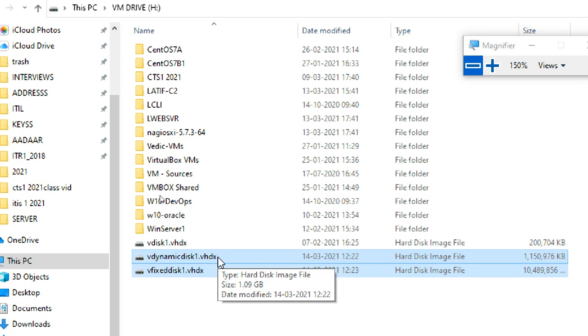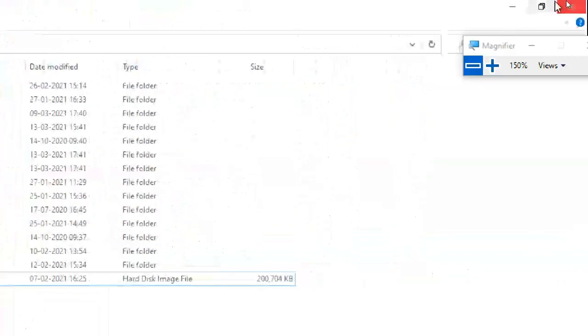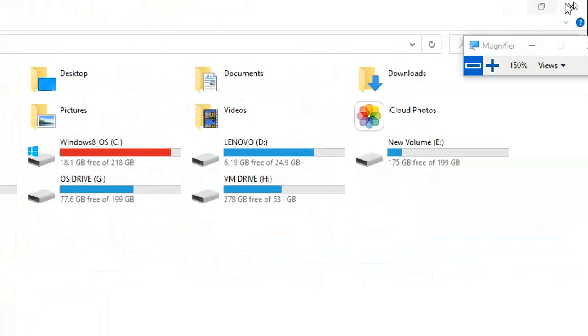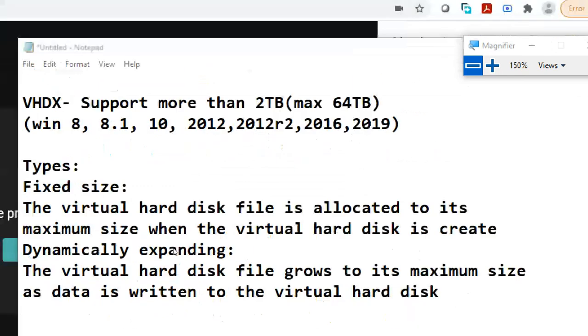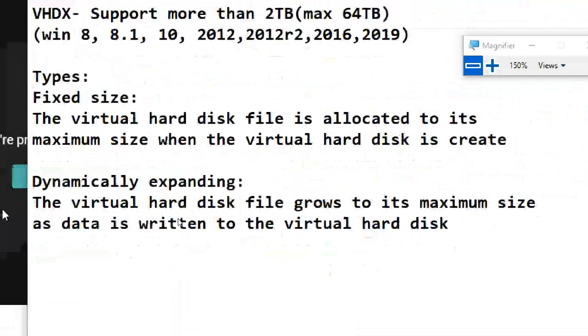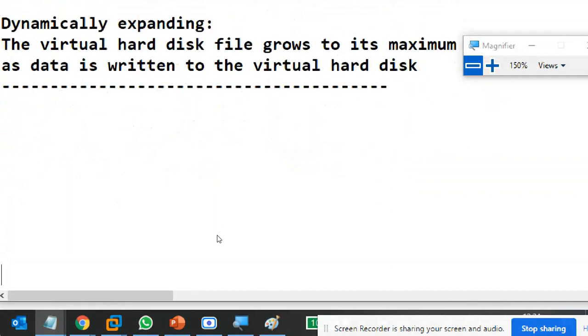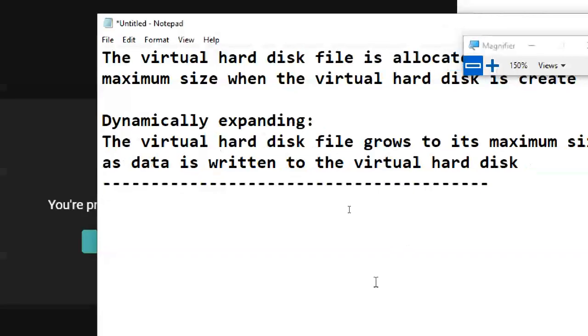I'm going to delete this one because it is taking almost 11 GB of space. I don't want to consume like that. Shift delete is better. So permanently I deleted that one. This part is completed, close it. Not required. So I got the space back. Good. Okay, I think you understand the difference between fixed size and dynamically expanding size. Now we'll see the disk things in Hyper-V also, but before that one